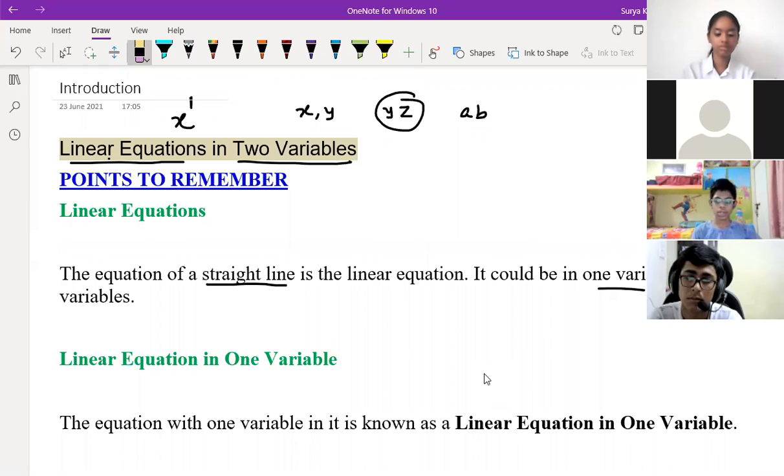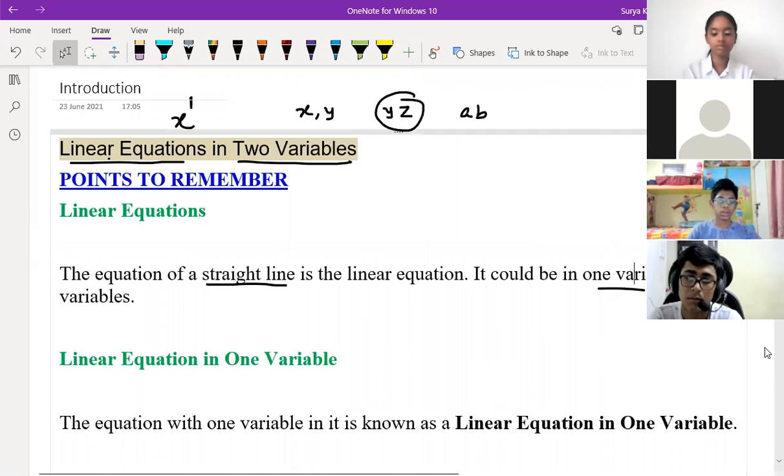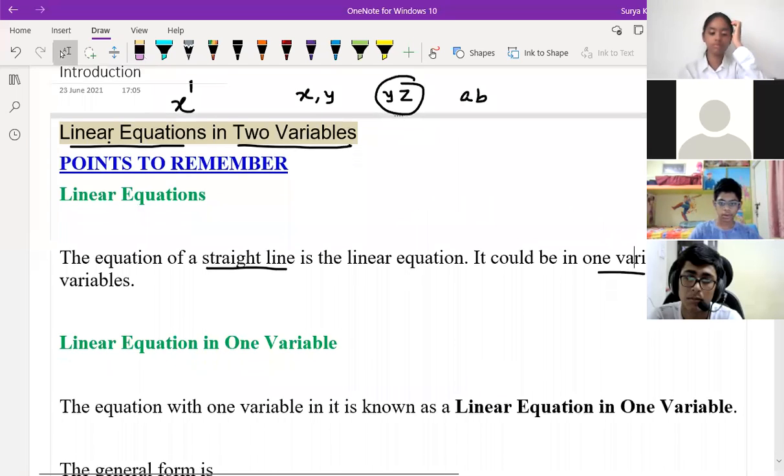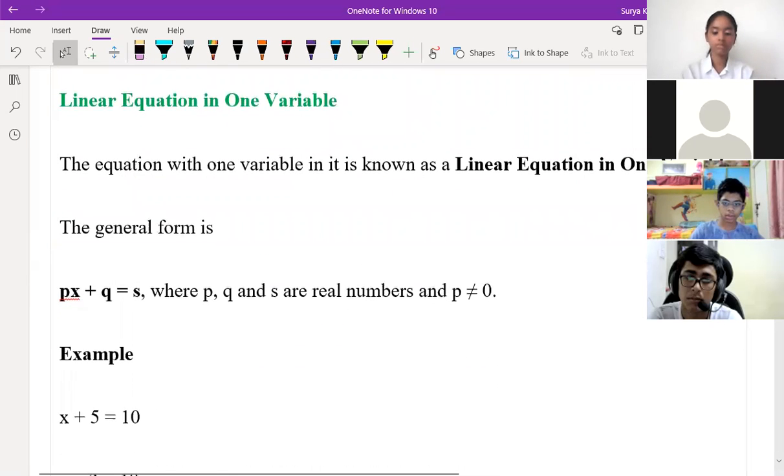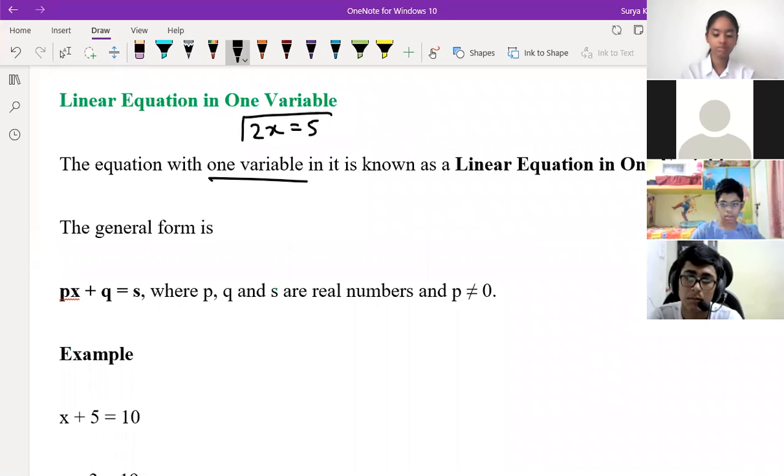Now linear equation in one variable, just go down a bit. Linear equation in one variable. An equation with one variable in it is known as a linear equation in one variable. If any equation has only one variable, like I told you before, 2x is equal to 5, this is a linear equation in one variable. The general form is px plus q is equal to s, where p, q, s are real numbers. Like the same thing, you consider this one,